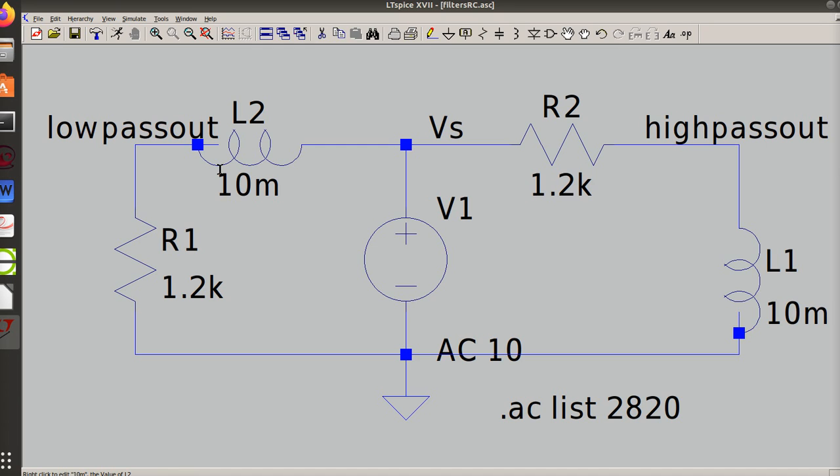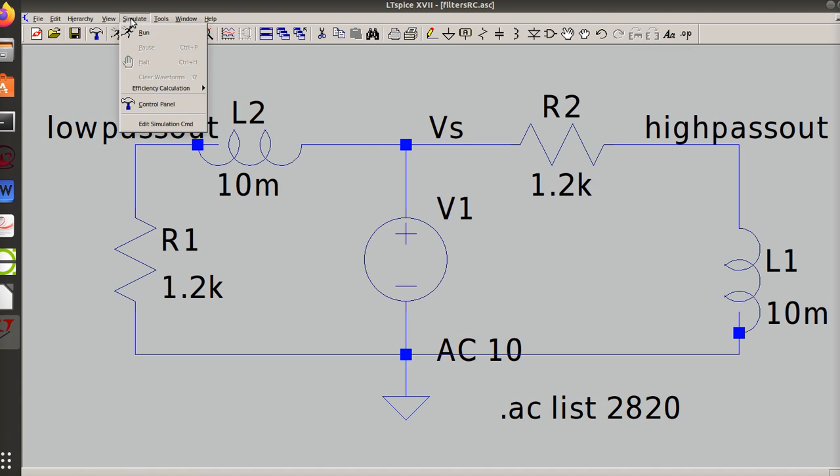I did that before I made the video. On the high pass side, as the frequency goes up, this reactance goes up, so more of your voltage will go out at higher frequencies. At low frequencies, this is basically close to a short circuit, so the high pass will be 0 at low frequencies. So that's what happens here, and we know that it's 19.1, so I have to change that frequency